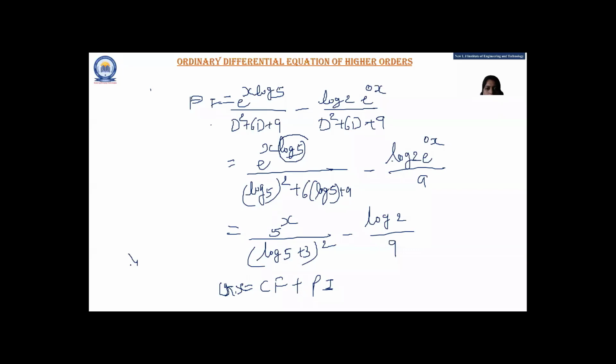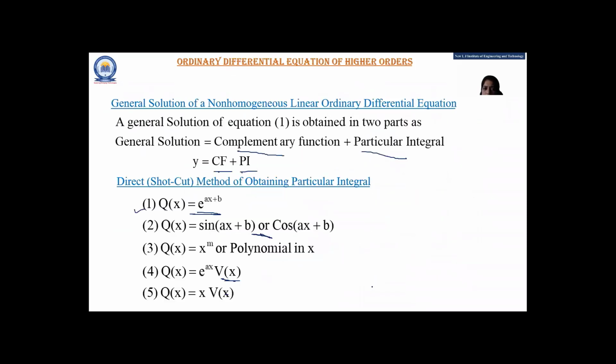Okay. So it is very simple, students. Please try to understand it. For every non-homogeneous example, this is the simple rule: if your right hand side is e raised to ax plus b, then for PI, you have to just replace your denominator of d with the multiple of x of the numerator. Got it?